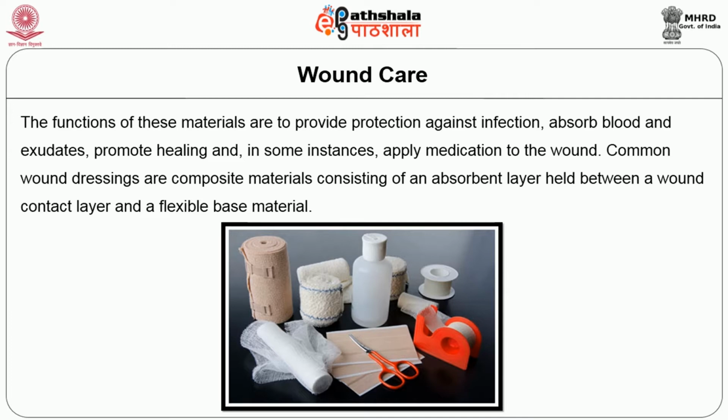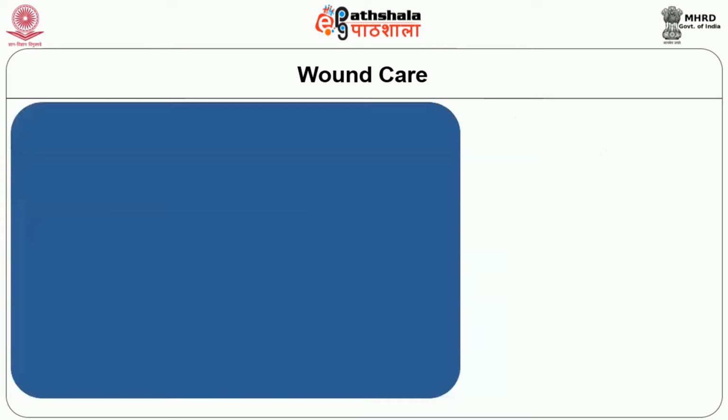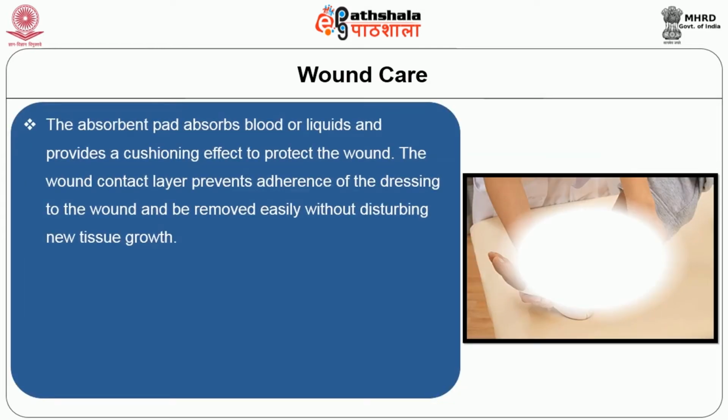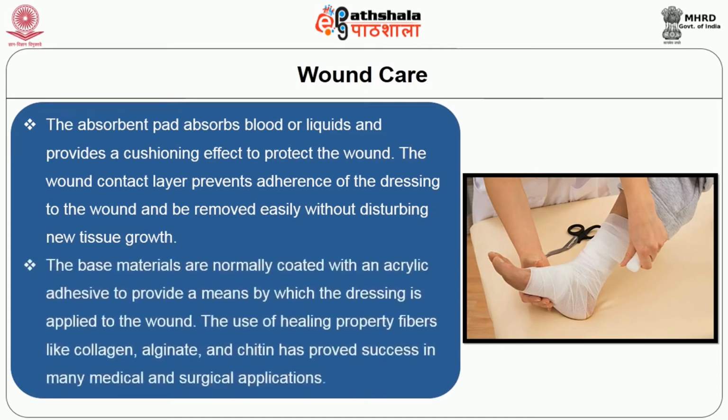Common wound dressings are composite materials consisting of an absorbent layer held between a wound contact layer and a flexible base material. The absorbent pad absorbs blood or liquid and provides a cushioning effect to protect the wound. The wound contact layer prevents adhesion of the dressing to the wound and removes easily without disturbing the new tissue growth. The base materials are normally coated with an acrylic adhesive to provide a means by which the dressing is